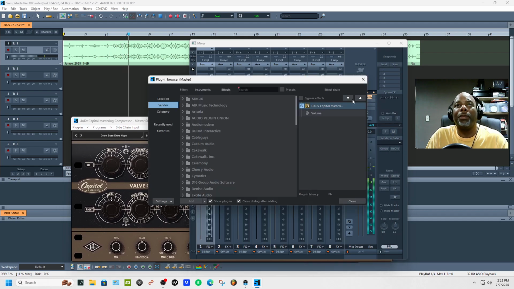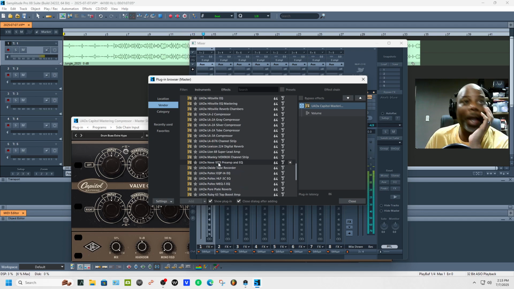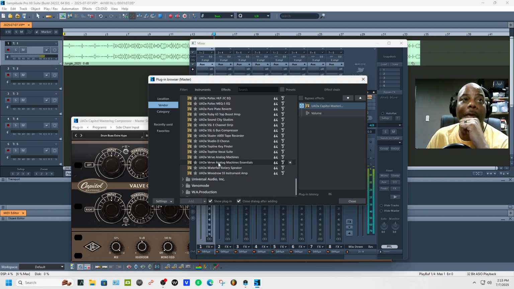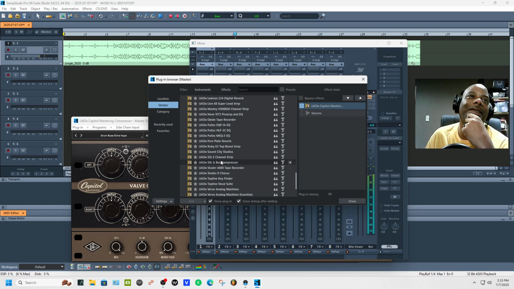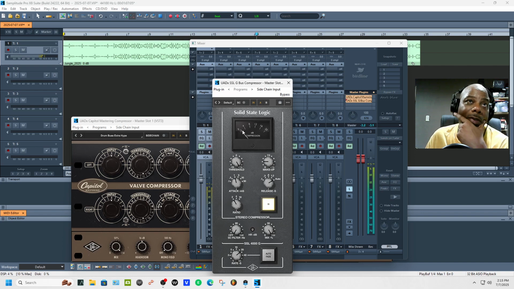Drum. I had another compressor, but I can't think of the name of it. There we go, SSL compressor, right? Remember, I touched this up different.